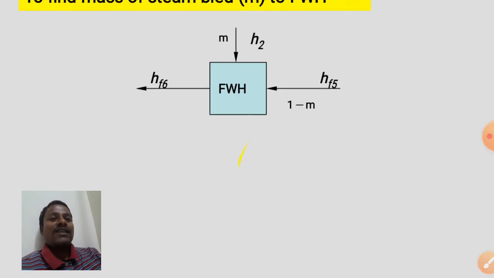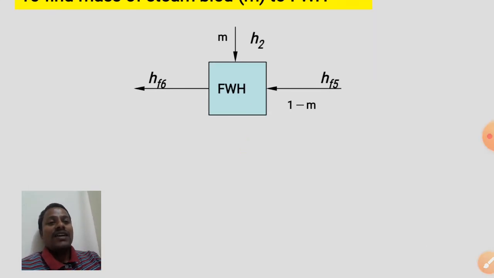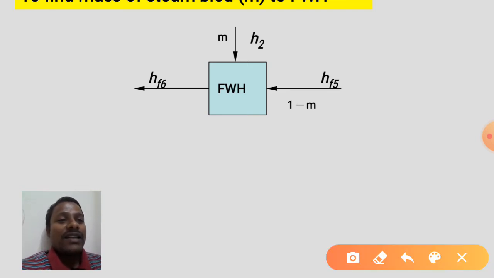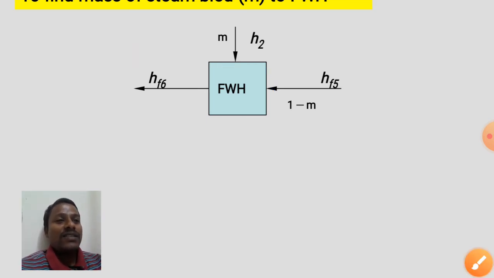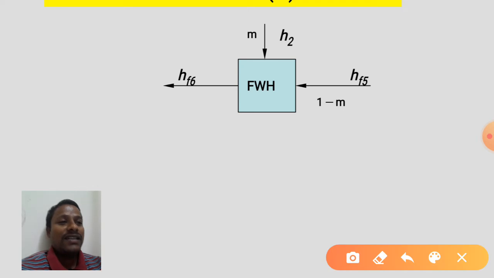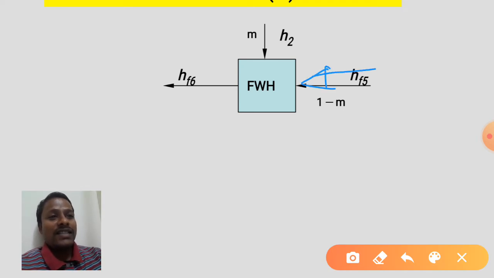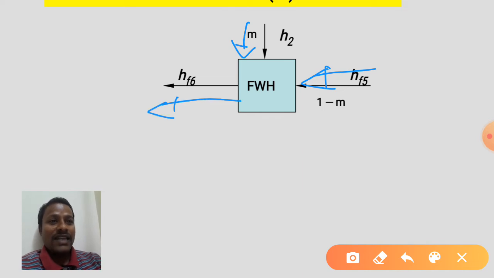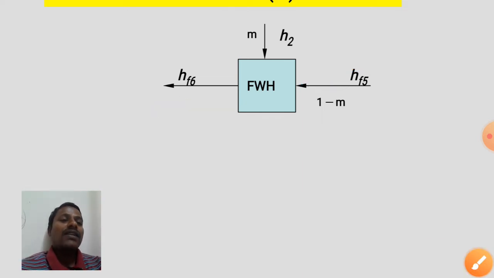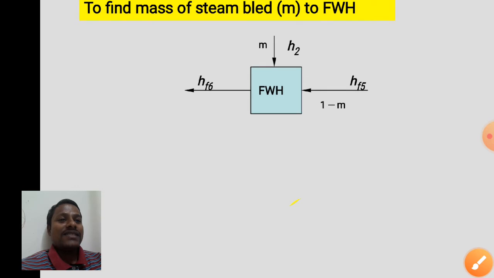I have taken this image from the schematic diagram. If you look into the schematic diagram, the feed water heater is surrounded by 3 parameters: two inlets, these are 2 inlets, and this is 1 exit. So if we do the energy balance,